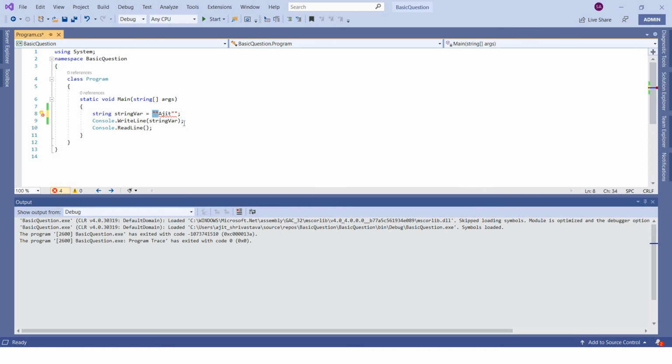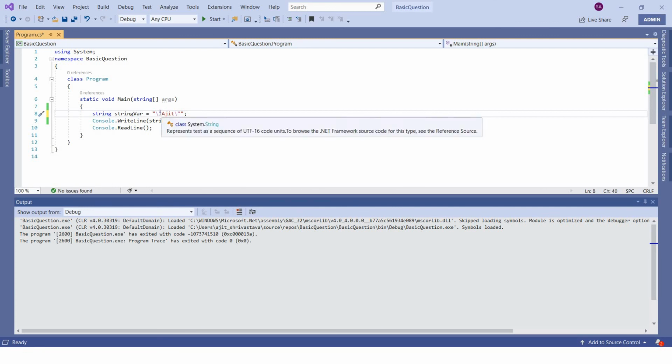So how can we have a double quote? For that we'll use an escape sequence. So we'll give an escape sequence character here, which is nothing but this one. Whenever you want to use a double quote, it has to be replaced with this, the slash followed by double quote.